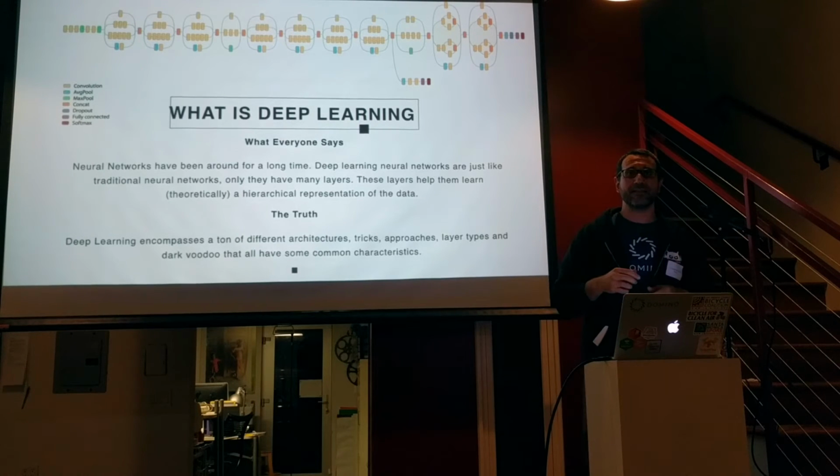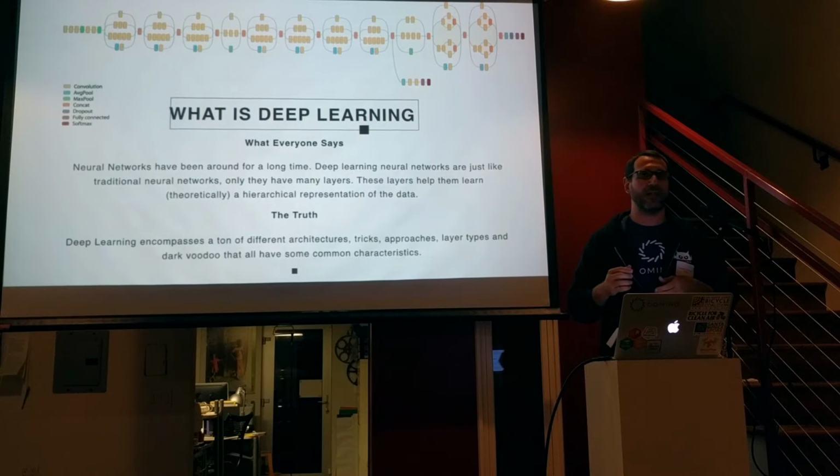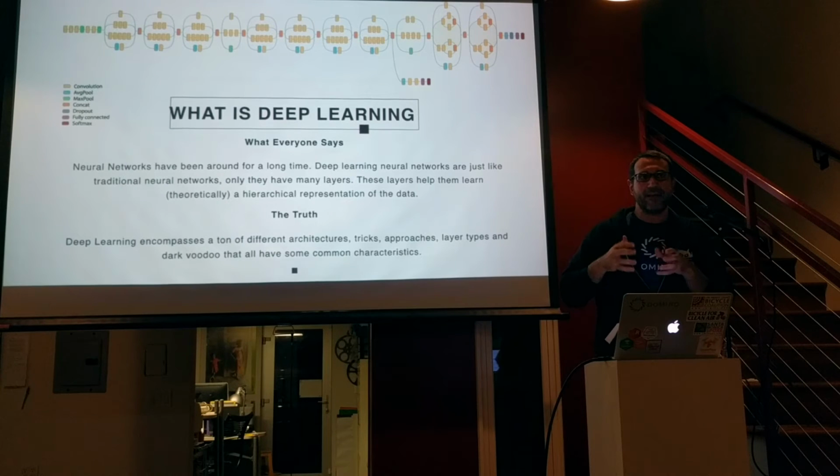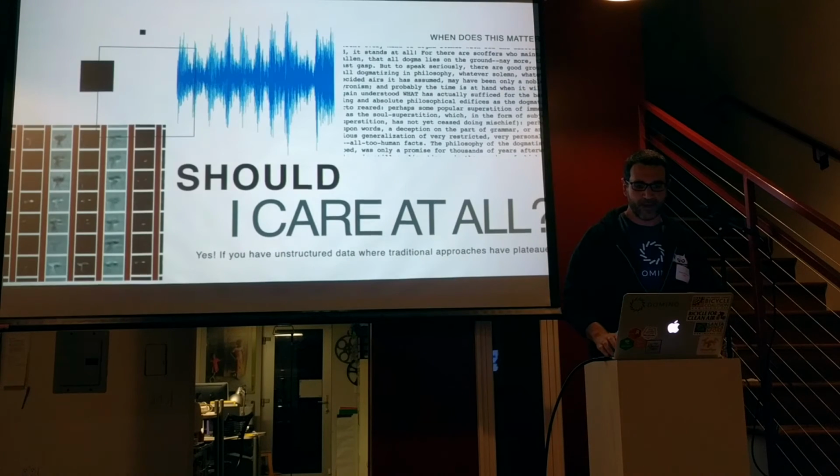Yeah, it's true, because if you look at a deep learning network that is for natural language recognition and you look at one that is for ImageNet, the only thing that they have in common is they're really deep and they take a lot of time to train. Other than that, there's not a lot that is common between them.